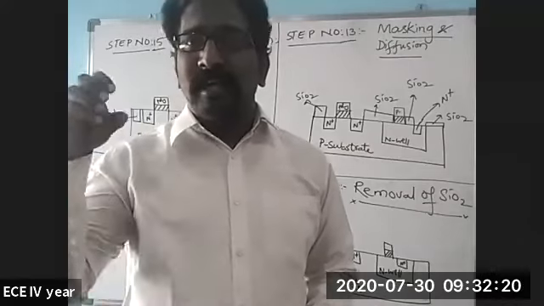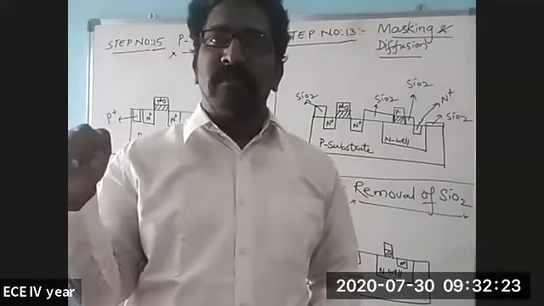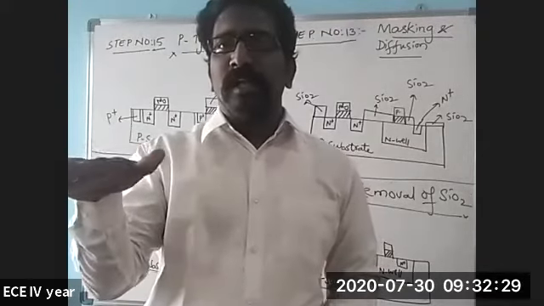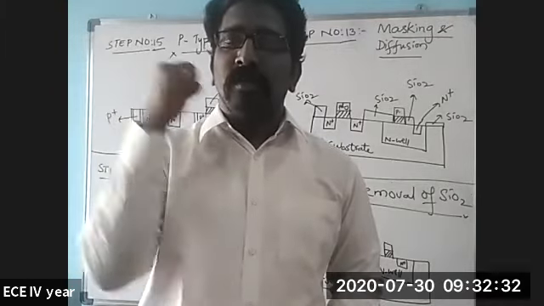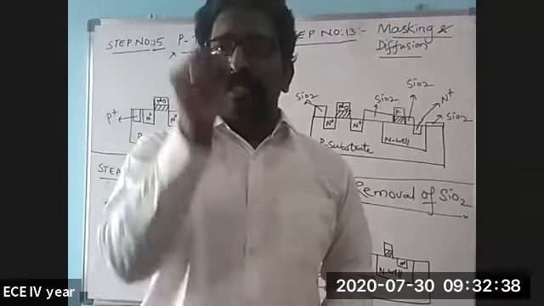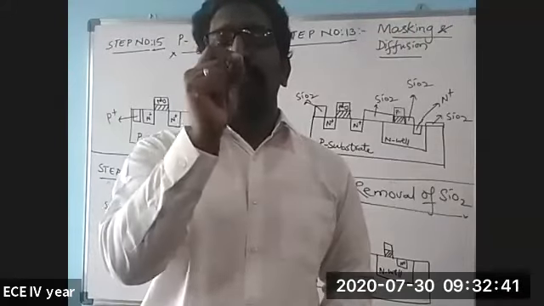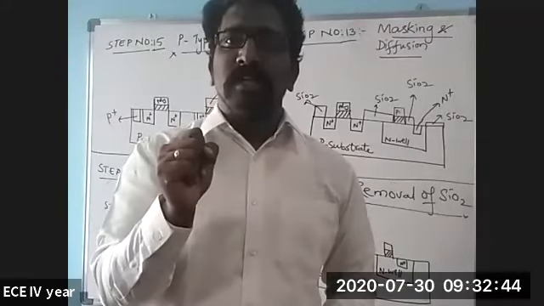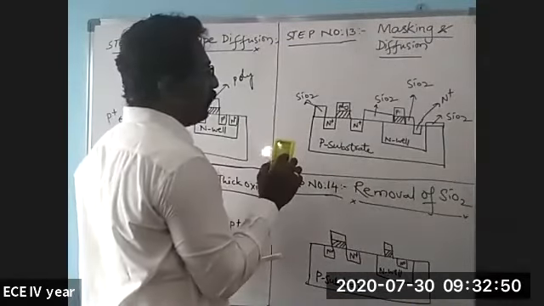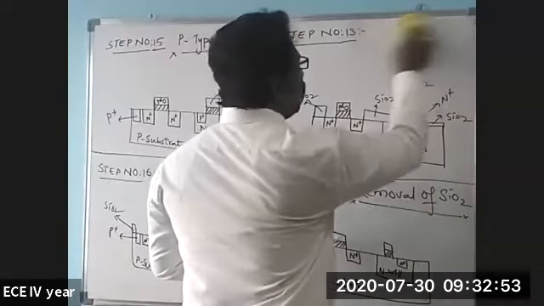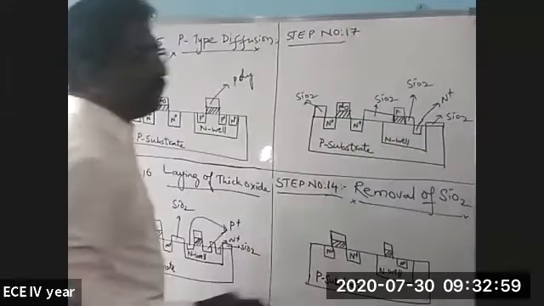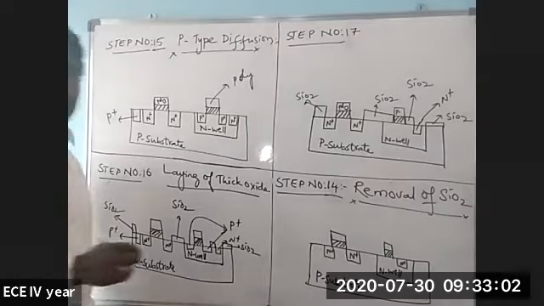So the metal will not be laid directly upon the surface of the wafer, but upon the SiO2 layer, and again the etching process will be done. Wherever unwanted metal is there, it will be etched off, and only the four terminals of the devices will be kept. Only the metal in the places where the four terminals are to be defined will remain. That's how the metallization process goes on. So then the next one, the seventeenth step, is the metallization process.